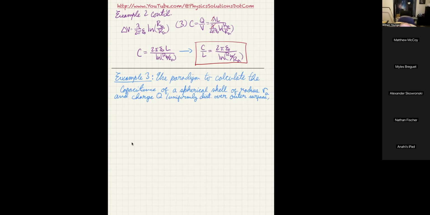So it's a uniformly distributed charge over the outside of a spherical surface, and then